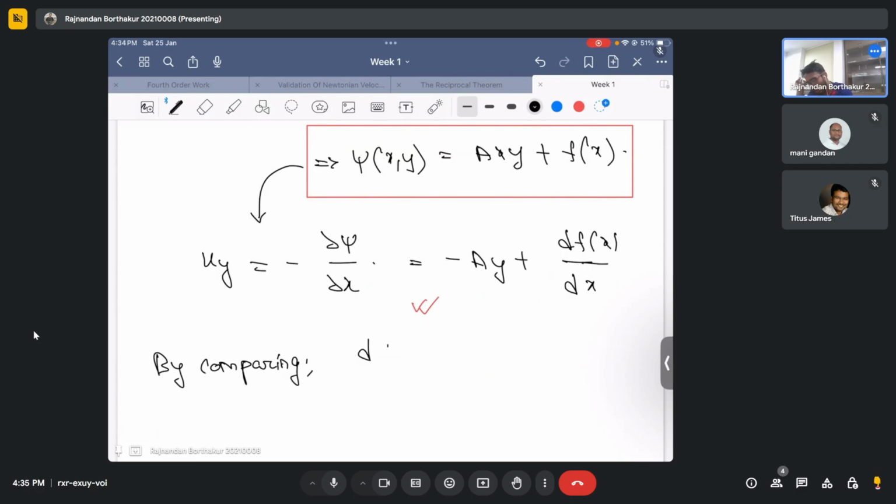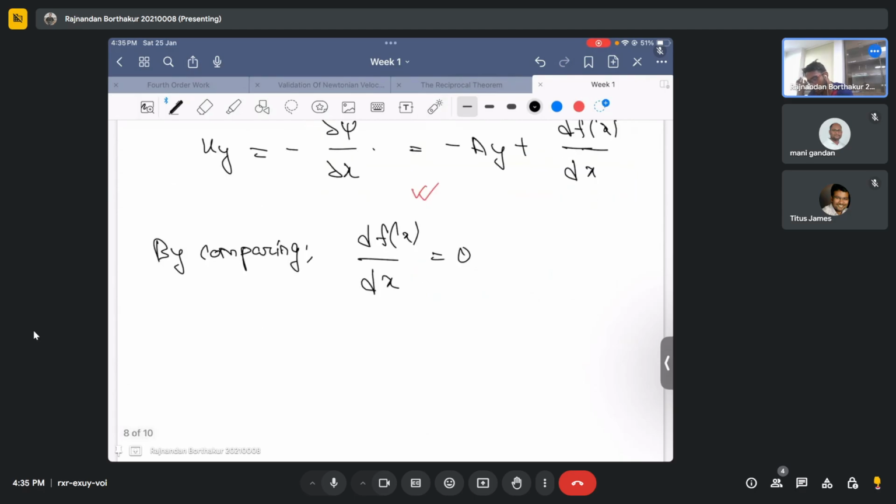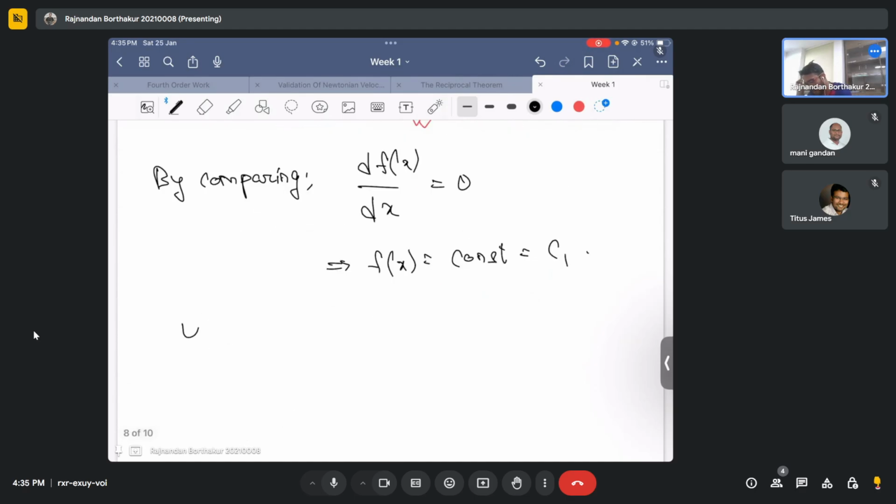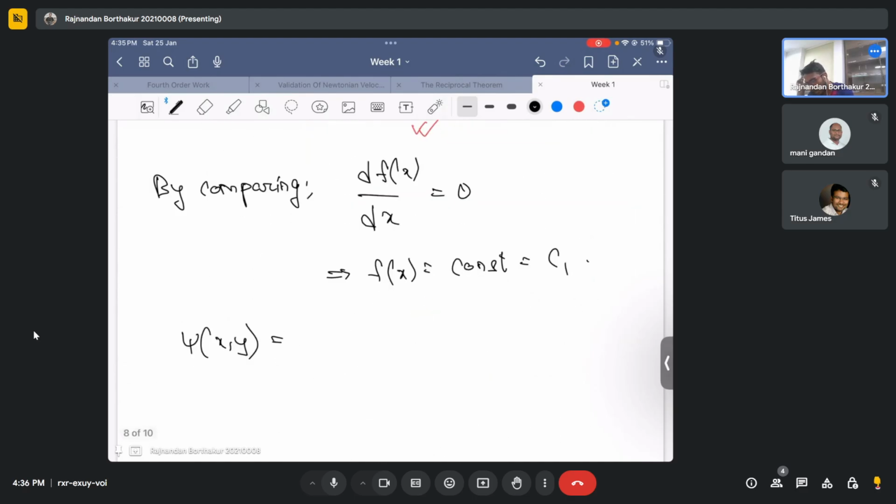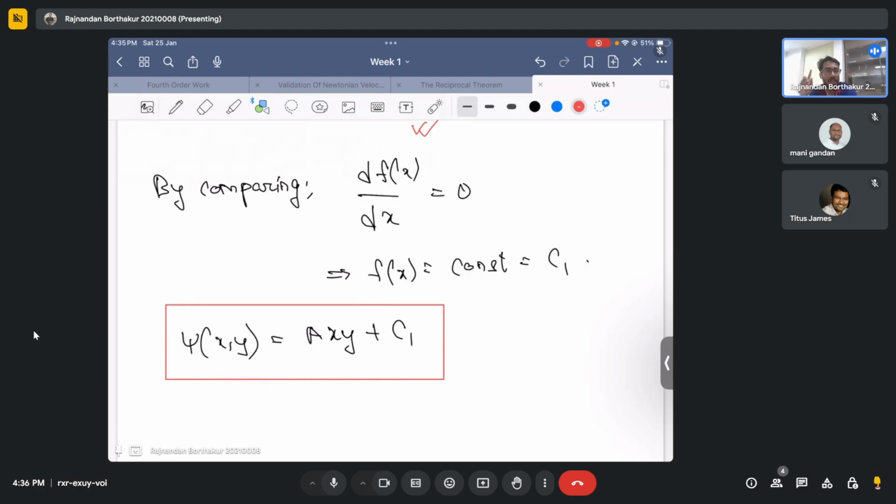okay, df of x by dx is 0, and if you simply integrate, f of x is just a constant, which we'll denote by c1. So this means the complete streamline psi as a function of x and y is axy plus c1. That's it, where c1 is just an arbitrary constant,